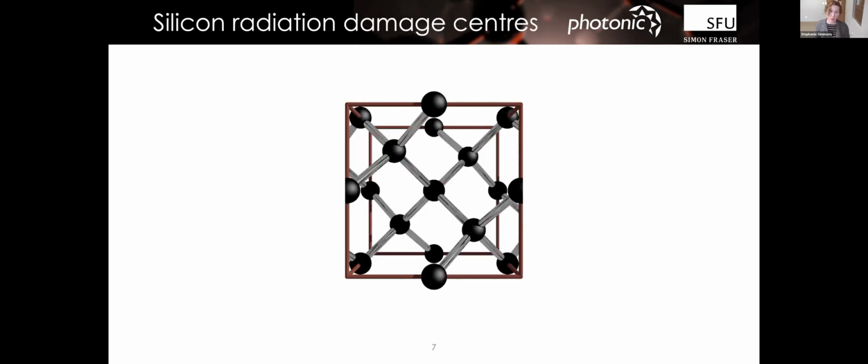One of the nice things about when you go exploring scientifically is you open up a whole world of stuff. And so what we found is this forgotten body of literature from the 70s and 80s on the so-called radiation damage centers, because of course silicon has been studied to death, and there's piles of color centers. They just went by a different name.